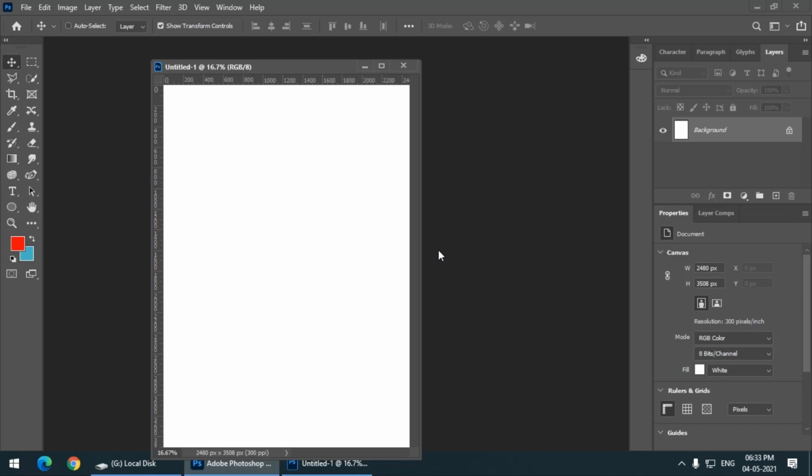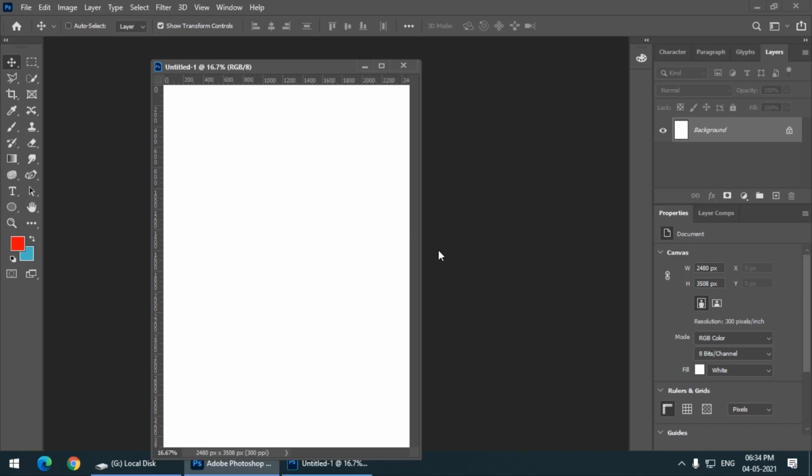So today we are going to continue with our Photoshop class. This is our Photoshop class number 2, and in the previous class we saw how to create a new document, a little bit of information about the workspace of Photoshop, and how we can reset and save our own workspace and use it again. So we are going to continue with our class.